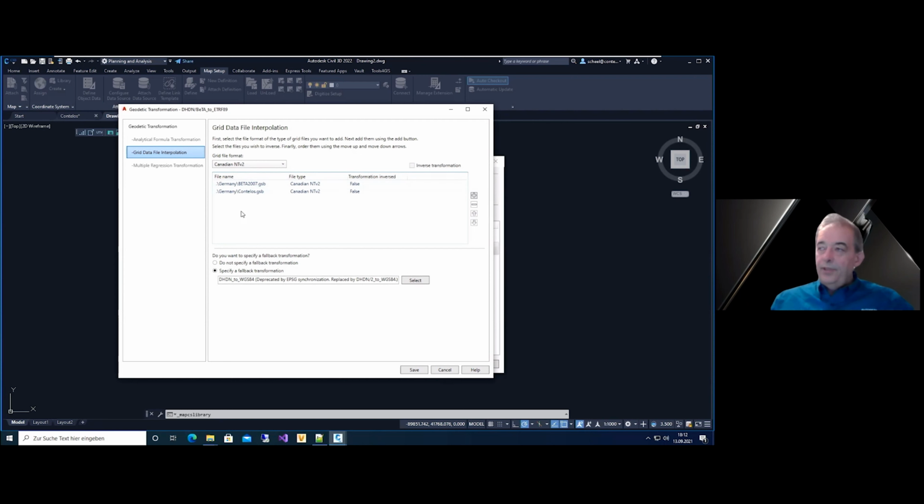The first GSB file that has the right area is hit and all others are ignored. Therefore, we first have to take our GSB file with the finer grid, and with the arrow button, we move it to the top.